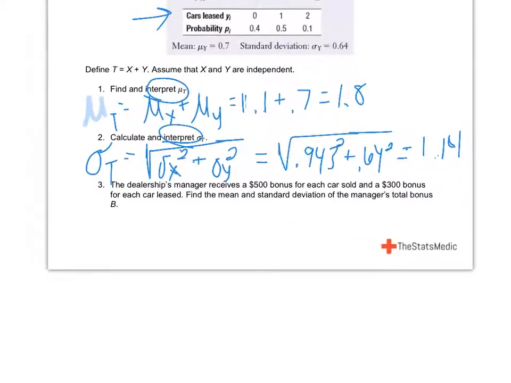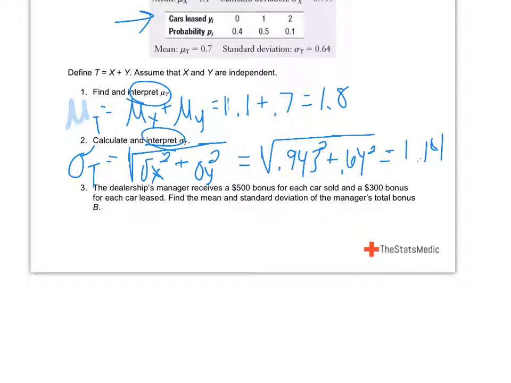So my mean of B is going to be my mean bonus of the cars sold, which is 500 times 1.1, plus the mean bonus, which is 300 times 0.7. 1.1 is my mean cars sold, 0.7 is my mean cars leased,